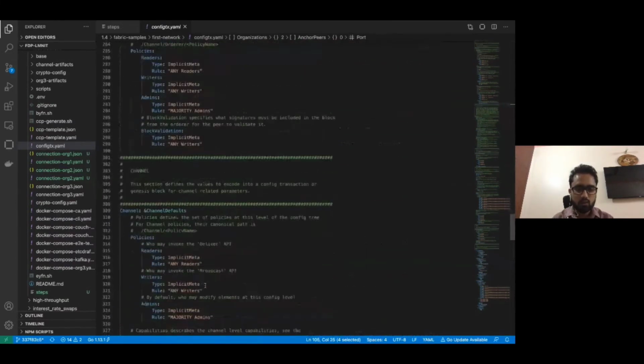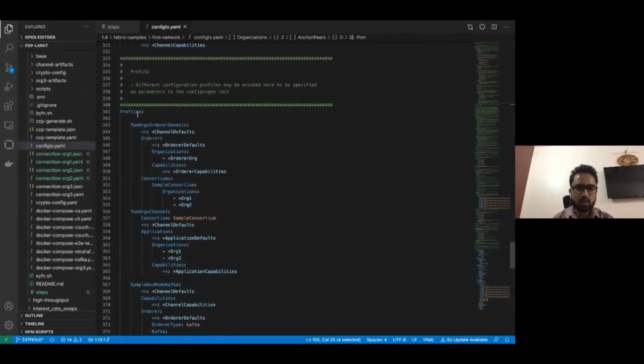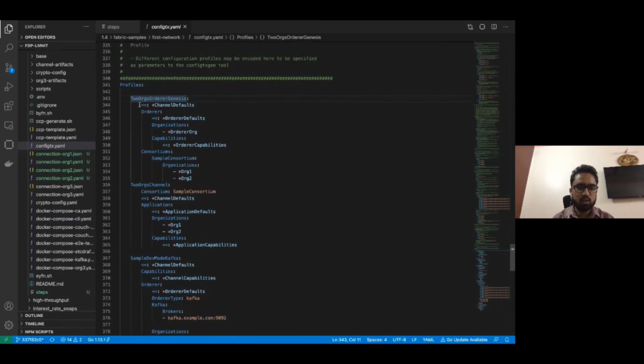If we go down over here to the profiles, we have several profiles mentioned. We are going to use TwoOrgsOrdererGenesis to create a genesis block, and we are going to use TwoOrgsChannel to create channel transactions and anchor peer transactions.